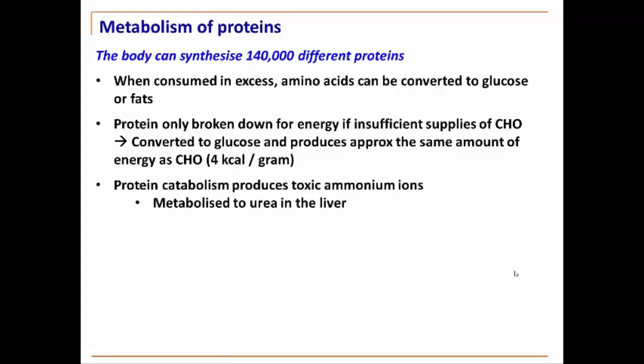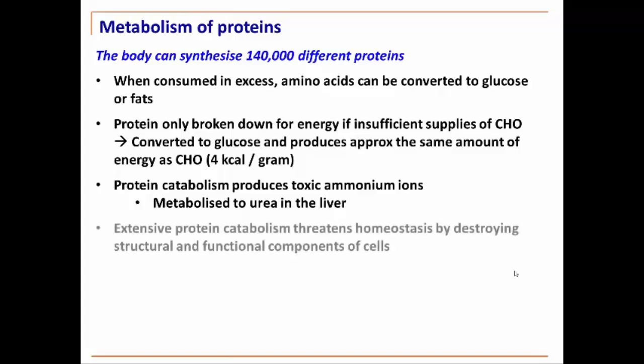But of course, protein catabolism, in one respect, is breaking down our muscle, which we don't want, but also it produces toxic ammonium ions. So you've all smelt, or you must have smelt ammonia at some point in your lives, and that is metabolized to another molecule, urea, in the liver, and that's what you wee out. Okay, so you wee out lots and lots of urea, and that is basically coming from protein